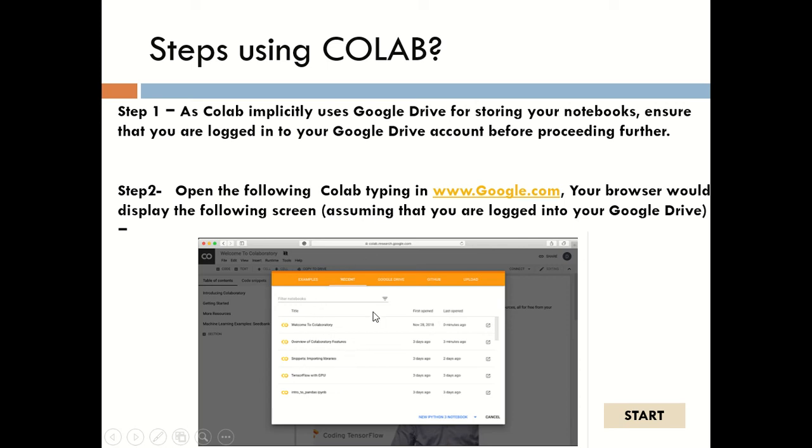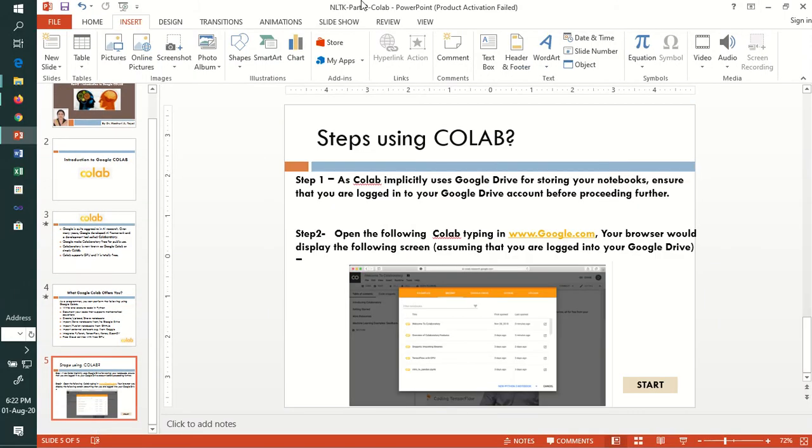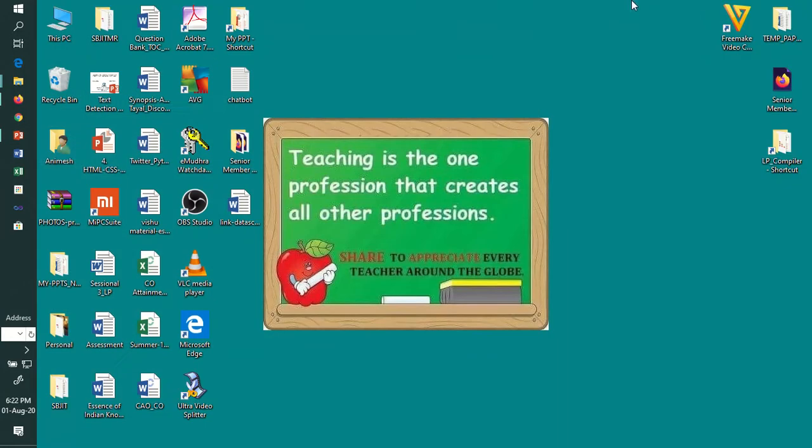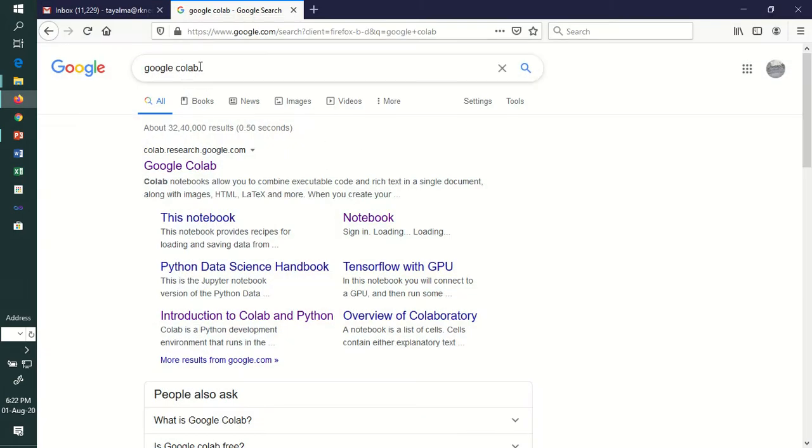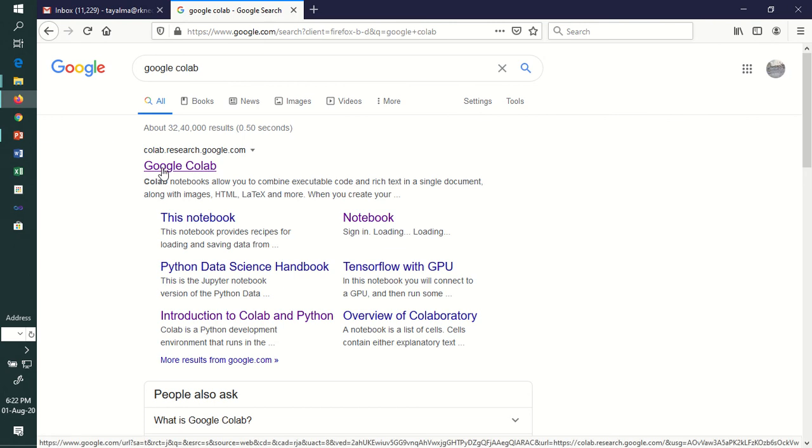So let us start this implementation, or see how we can view Google Colab in Google. Go to your Google and then just type Google Colab. You will get the first link for Google Colab.